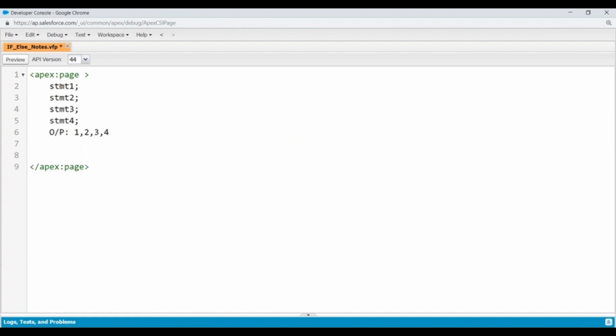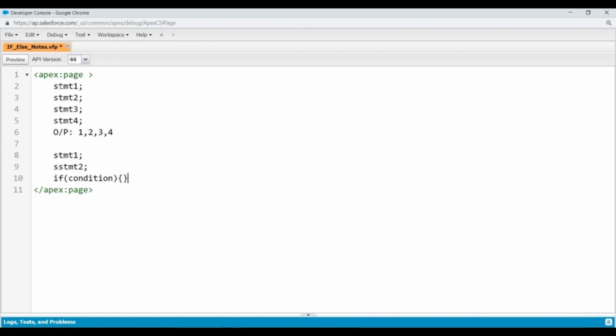My statement has to execute only when a particular condition is true. Then I go for statement 1. If condition